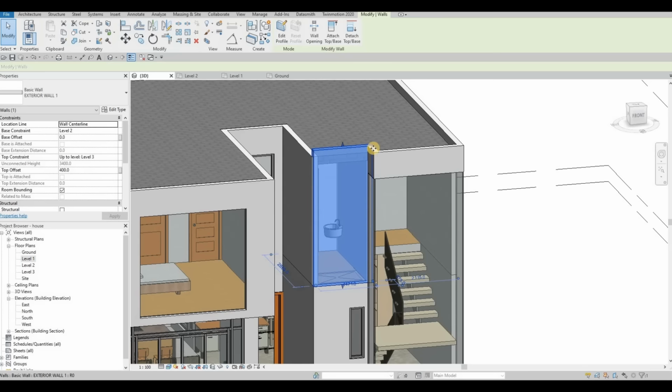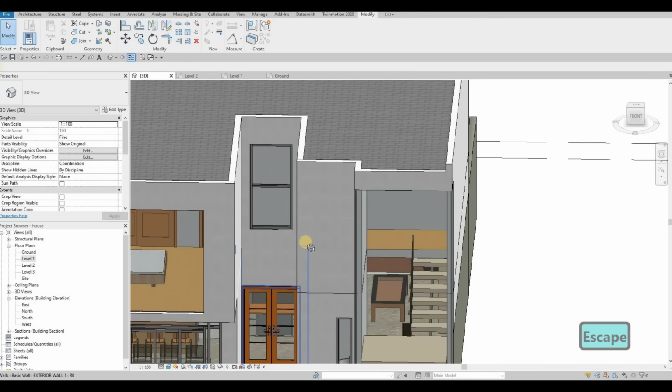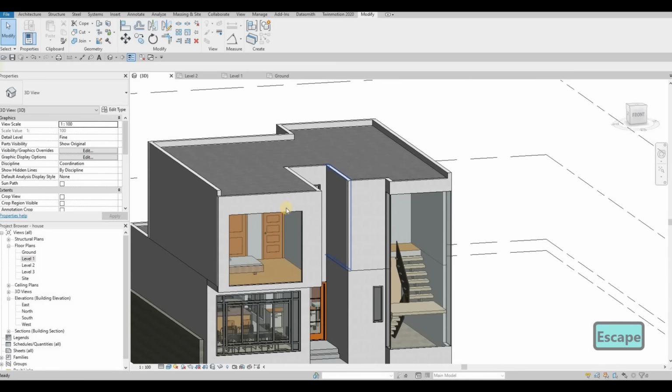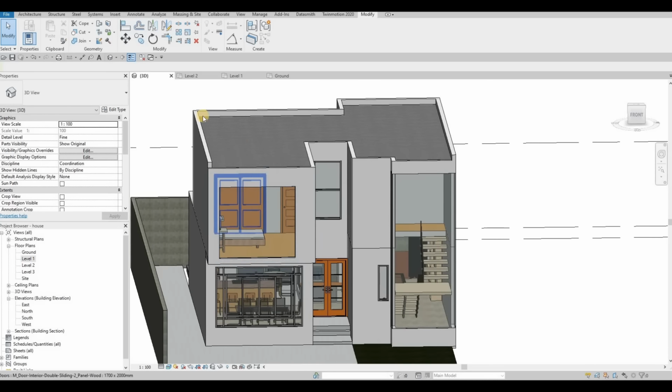So let's just pull this down right here. So offset should be 200 only. And then we could add here,